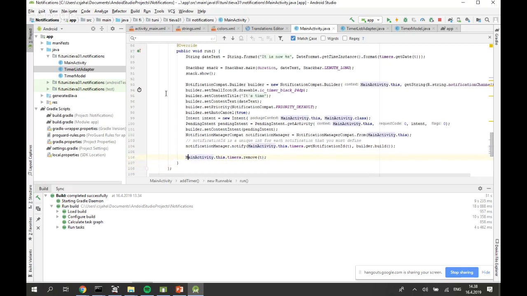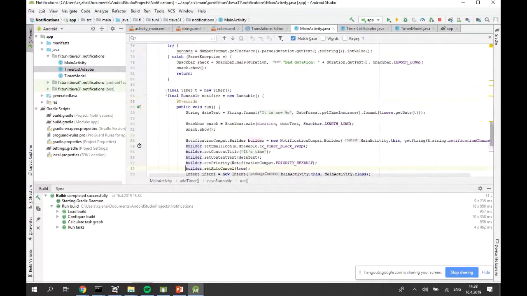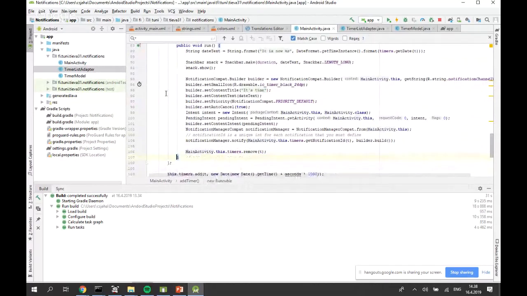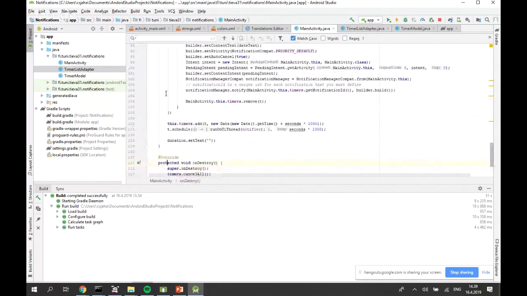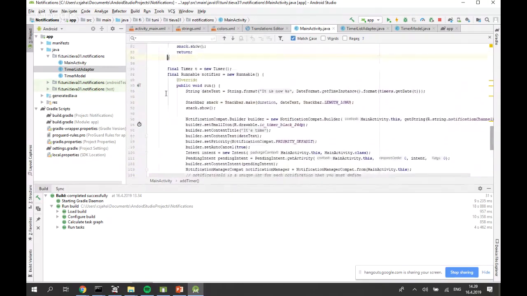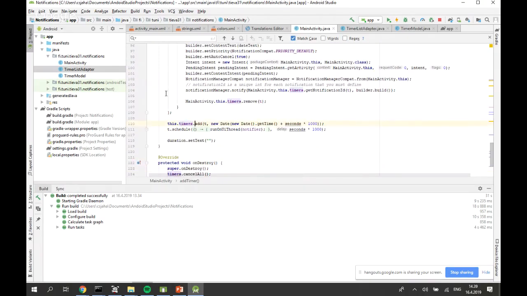And then I remove this timer from the ViewModel. So I have the timer here as a final variable, so I can refer to it here. I just remove it from the live data, which then removes it from the recycler view, so from the list. And now I have this timer. So this was all just code which will run when the timer fires. So I have the timer object here, and